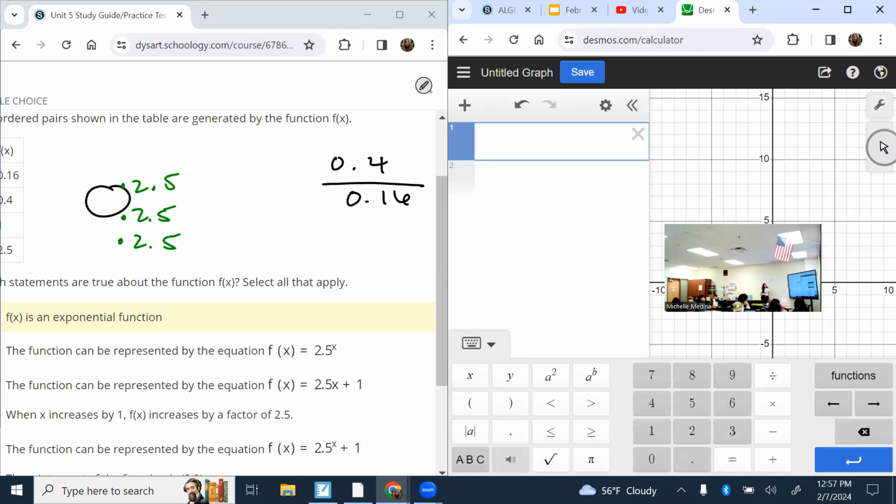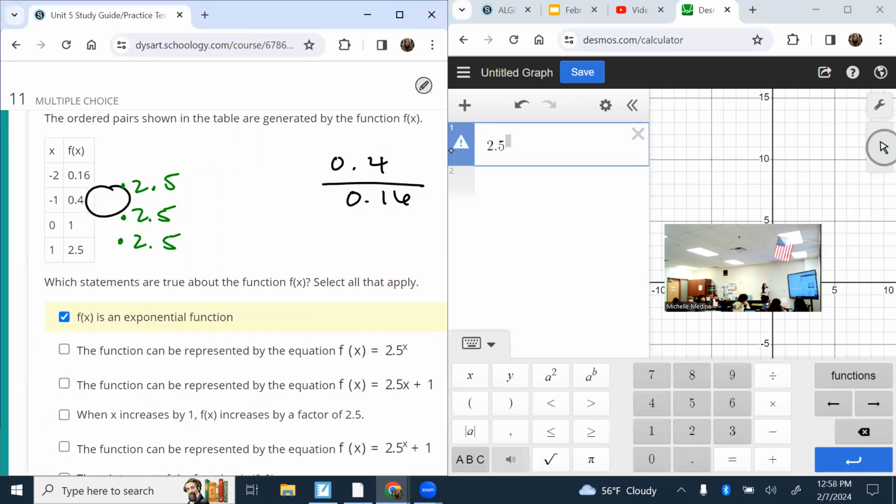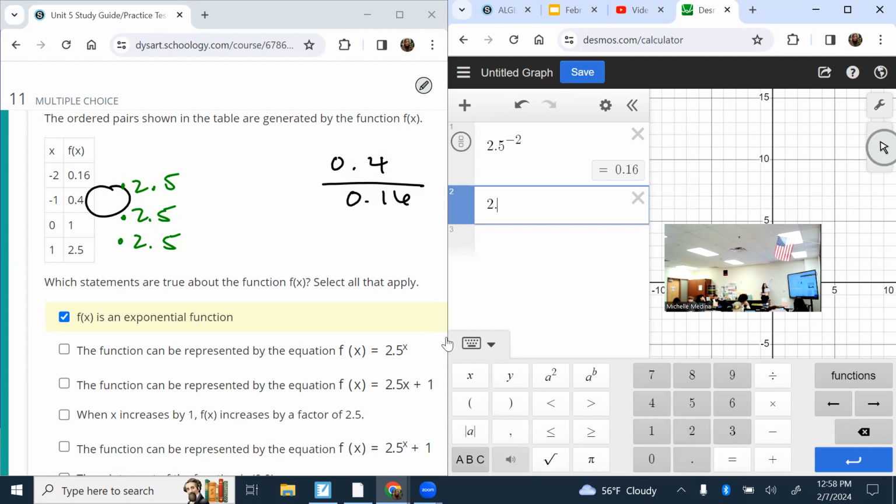So my first x value here is -2. Right now I'm plugging into this first equation. I'll write it down later, but this is right. The second one, if I plug in a -2,